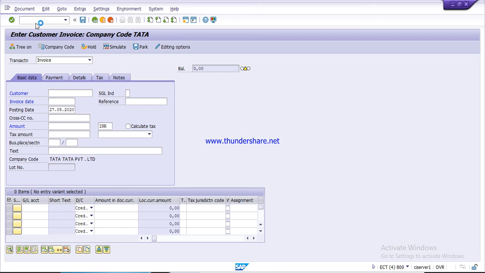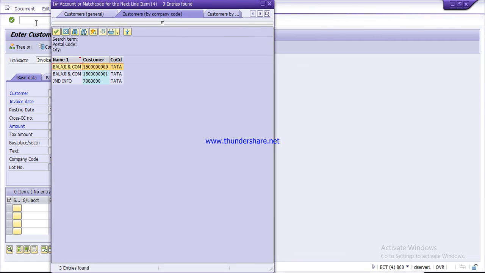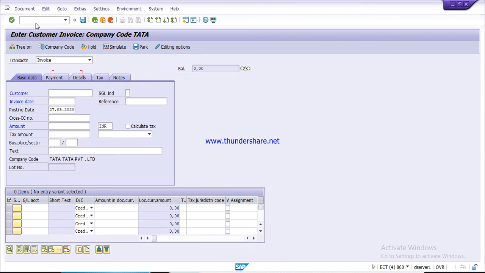Give your customer information, select your customer, Balaji and Company, invoice date 25th of May 2020, posting date is 25th of May, then amount for your total invoice is 4 lakh.